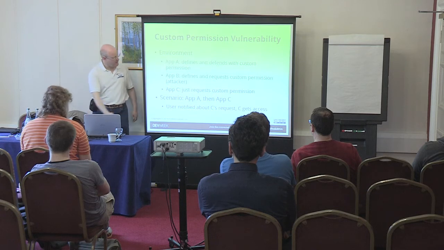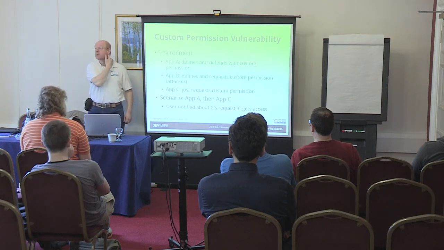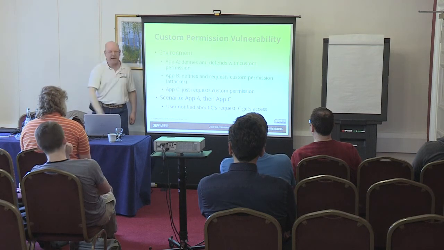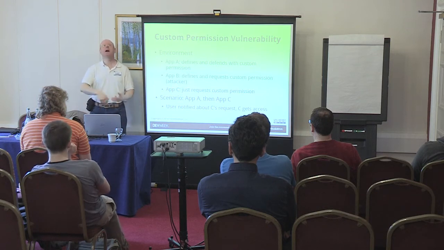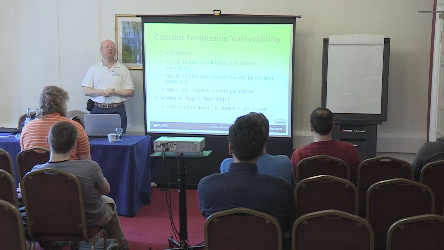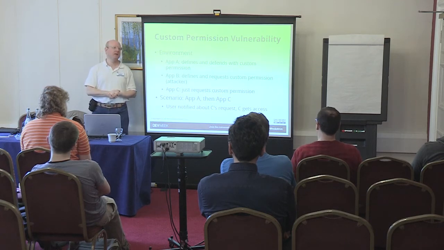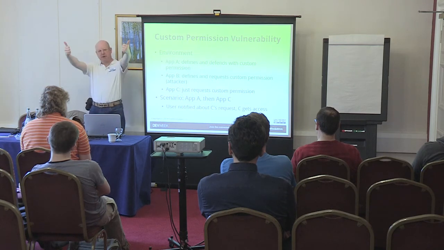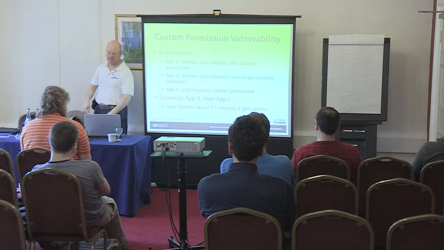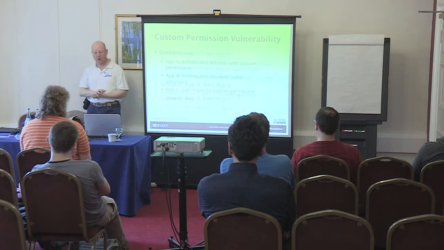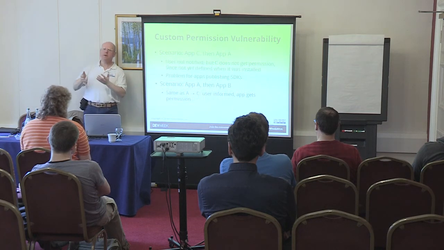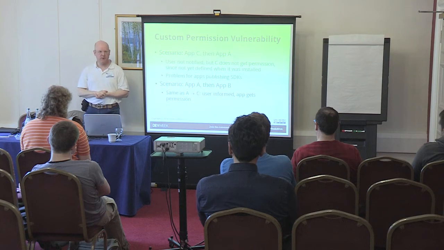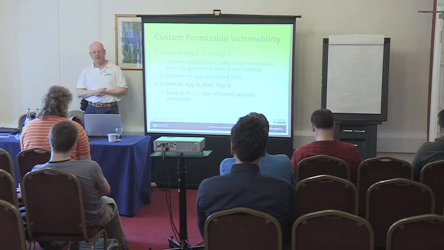In the normal case, your app is installed first. And then, say, App C gets installed. When app C is installed, it will see the uses-permission element, the user will be prompted, hey, app C wants to be able to do X, Y, Z, and the user can say yep or nope as the user sees fit. But if C is installed first, the user isn't told about this custom permission that was requested